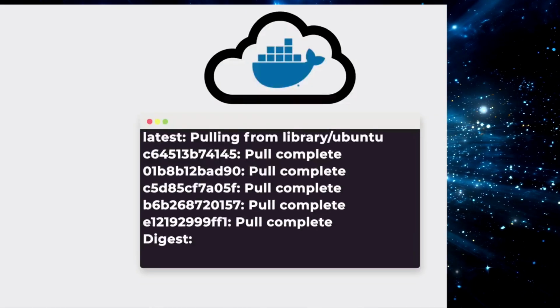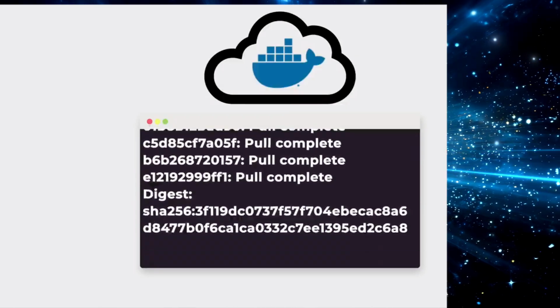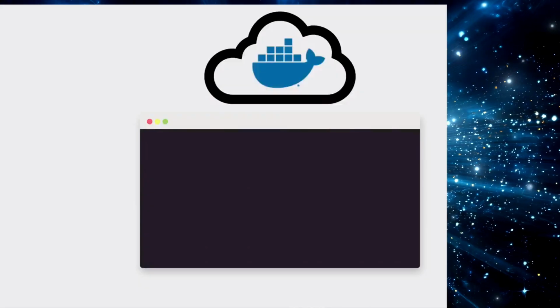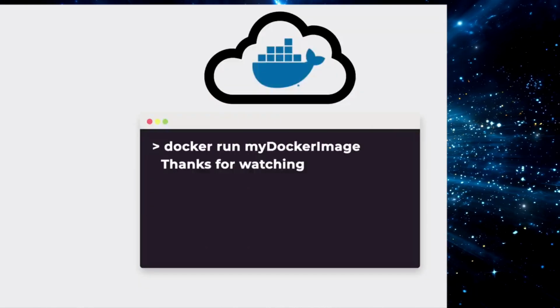If you don't create your own Docker image and want to use a pre-made one, you can pull it from Docker Hub using docker pull and the image name. You may also include a tag to specify a version or variant of the software. If not specified, the latest version will be fetched.